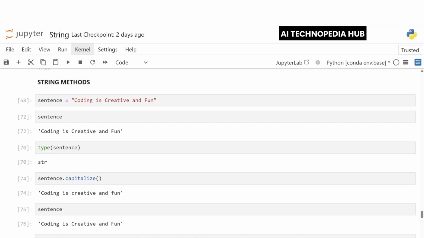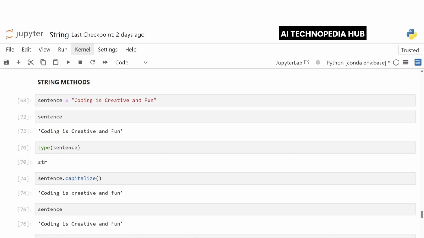how it appears. Now imagine you are writing on a piece of paper. Sometimes you write in lowercase, and at other times you may want to emphasize something in uppercase. So in Python, you can do this too. You can transform strings to match your purpose. This kind of transformation is an example of doing something to a string rather than just reading from it. In Python, there are many built-in tools for modifying strings, and these tools are called methods.